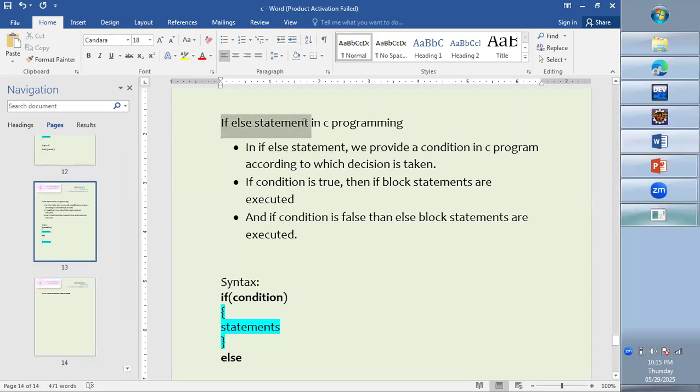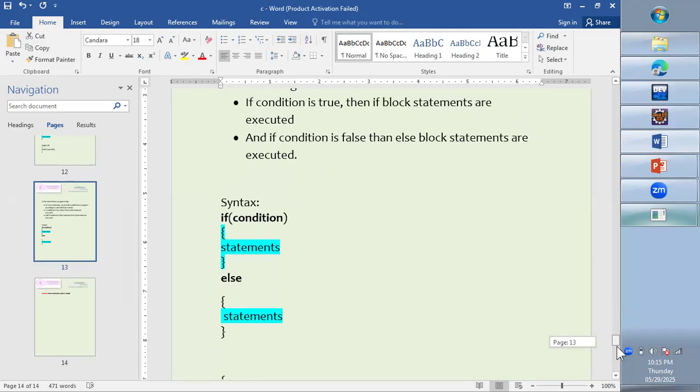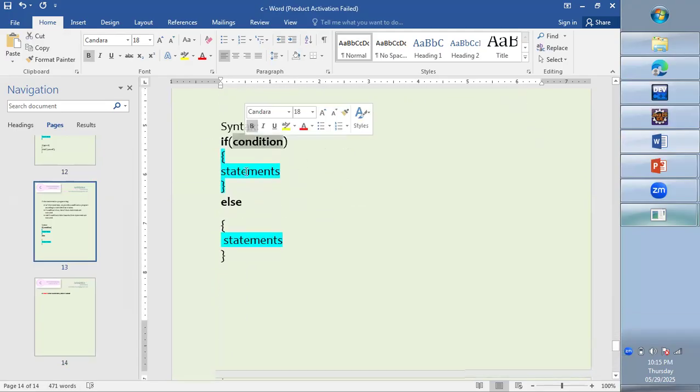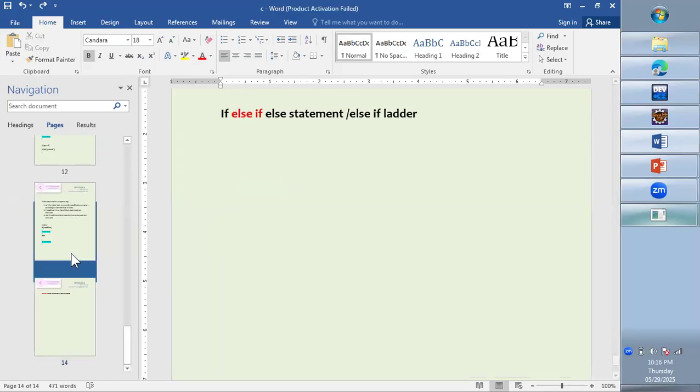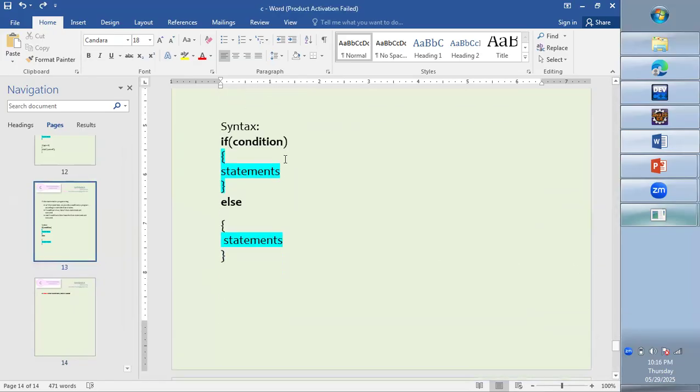Now in case of the if else statement, we have an if block and an else block, where we have a single condition again, if followed by the condition to be checked. If the condition is true, the if block gets executed; if the condition is false, the else block gets executed. So based on the true or false result of the condition, we execute the if or else block. Now the else if ladder has a syntax similar to if else, but